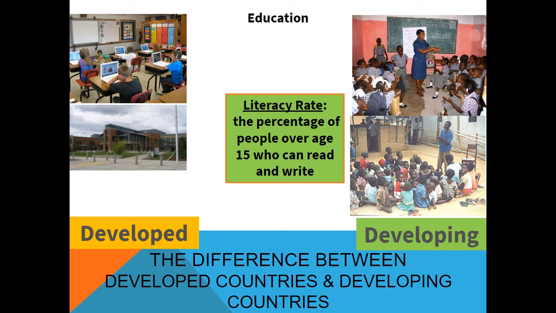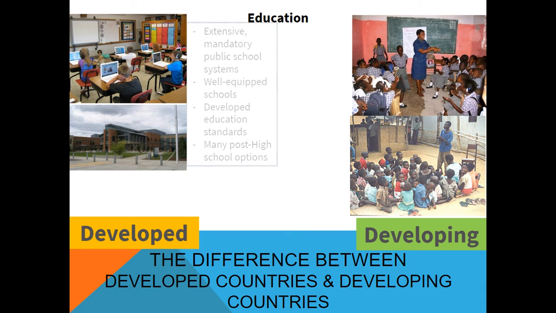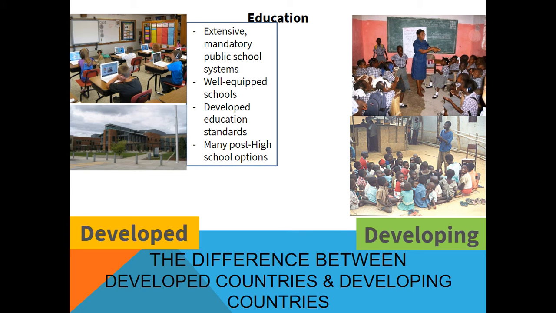And if I had to ask you right now, where would you find higher literacy rates in the world? Developed countries or developing countries? Where would you find them? Well, you'd find them in developed countries, because places like the United States, your European countries, Denmark, Scandinavian countries, France, UK, tend to have